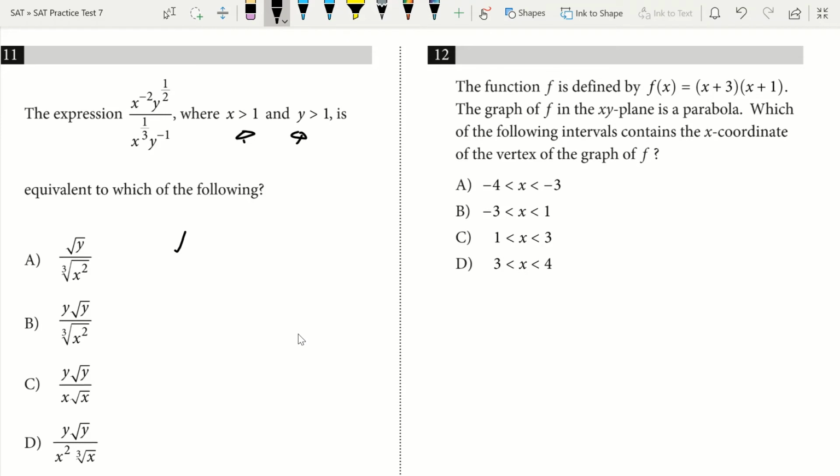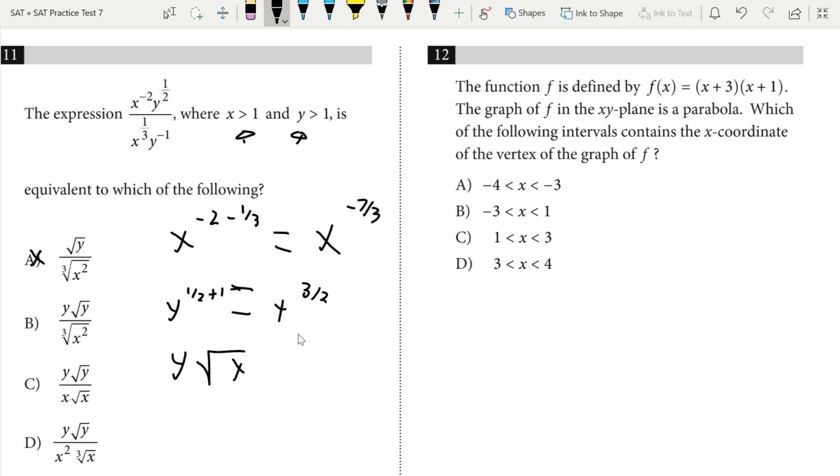Alright, what I'm going to do, since I have a division here, is I'm going to have X to the -2 minus, right, X to the 1/3, or X to the -2, and then I have minus 1/3 up here. Because I subtract what's in my denominator, that's going to give me X to the -7/3, and then I have Y to the half minus -1, which becomes +1, which will give me Y to the power of 3/2. Alright, well, Y to the power of 3/2 is going to be Y root Y, so